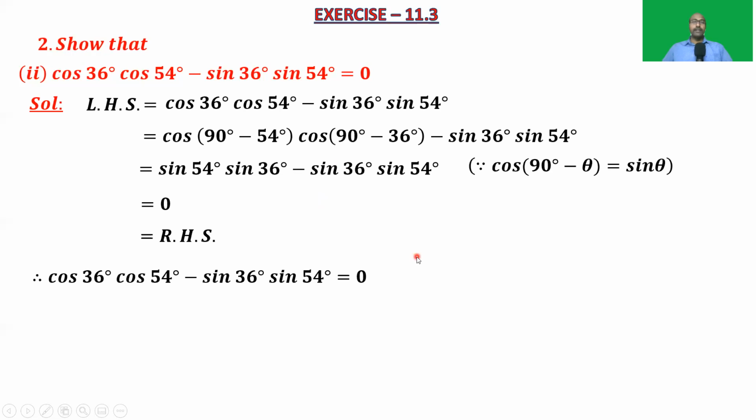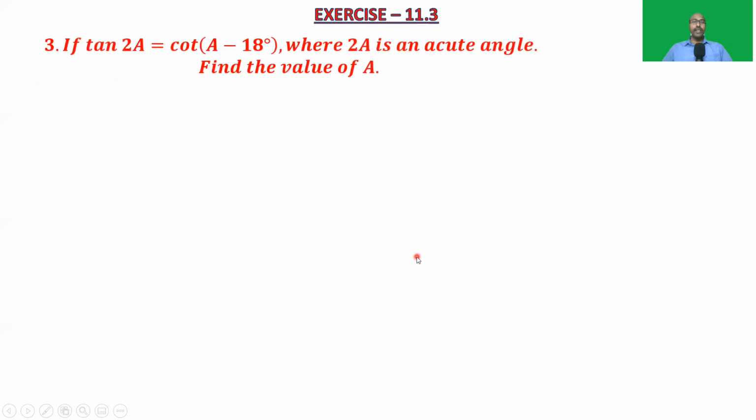Now let us solve the third problem. If tan 2A is equal to cot of A minus 18 degrees, where 2A is an acute angle, find the value of A. This is the question. So it is given that tan 2A is equal to cot of A minus 18 degrees. We know that tan is the complementary ratio of cot. So change any one of these two